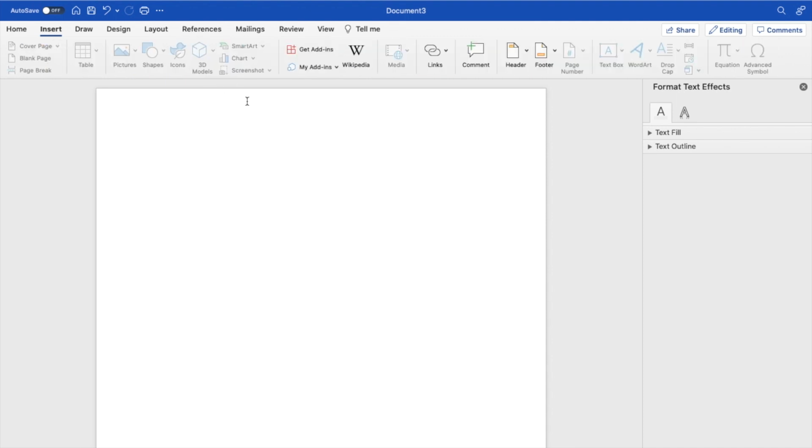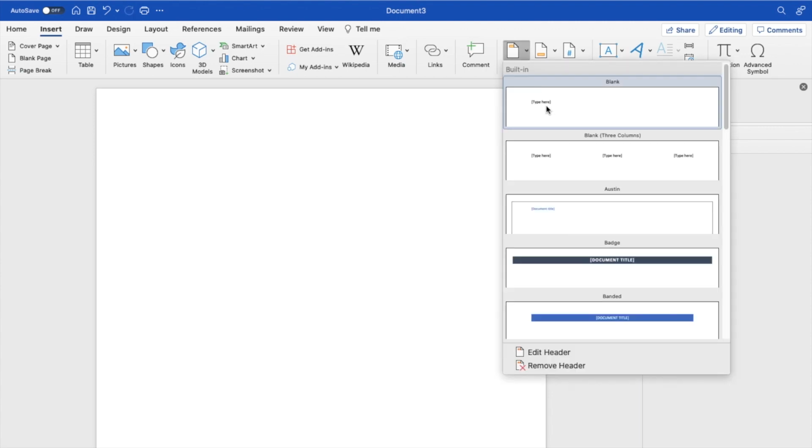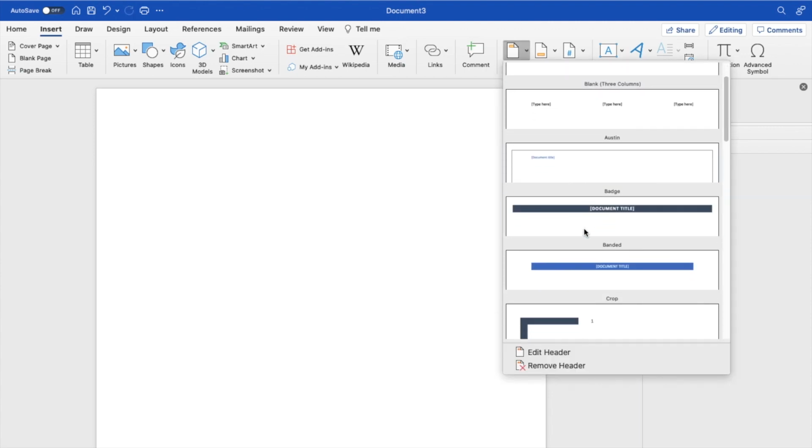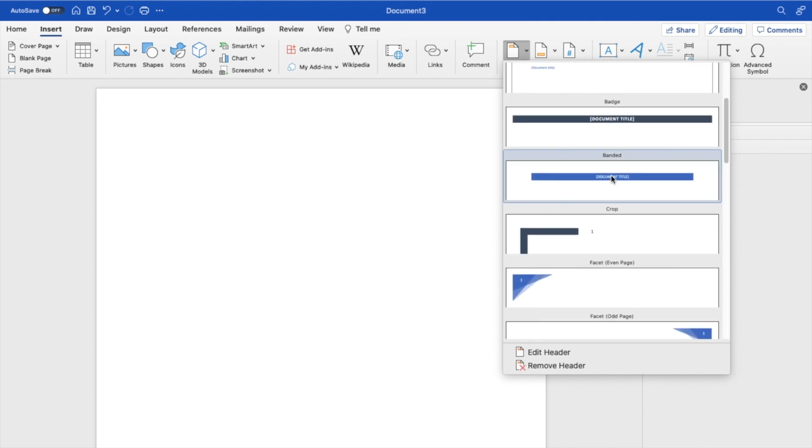Then once you're on the Insert tab, simply just go all the way to the right here to where it says header, footer, page number, etc. Where it says header, simply press on the drop down here. What you can actually do now is create a header of your choice. So if you want to go ahead here and select this header right here, for instance, this one right here,